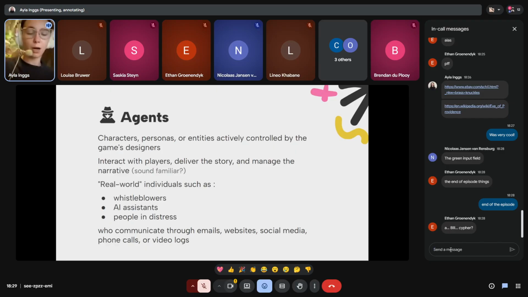So very similar to Brainwaves, Natalie makes some of the rooms, then she has her game masters who deliver those rooms, who facilitate those rooms, who give you clues, who help you, that sort of thing. And in a real world sense, I say real world because these are real world characters, but the characters that they're playing, or the agents, the personas that they're playing, are not real. You get people like whistleblowers or AI assistants. So these will be people like someone has posted a whistleblowing website or something. They say this community or this company has been doing XYZ.